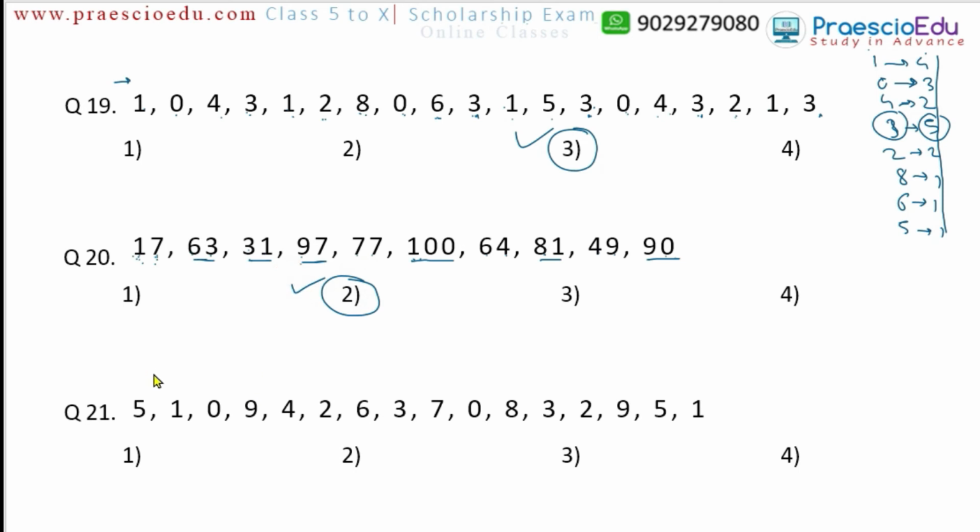Now the question number 21. In the above series, what is the sum of the squares of the numbers 8th from the right end and 5th from the left end? 8th from the right end means 1, 2, 3, 4, 5, 6, 7, 8. So 7 comes, and the square of this 7 is 49. Okay. Then 5th from the left end, 1, 2, 3, 4, 5. So 4 comes, and the square of 4 is 16. Now if we add 16 plus 49, the number comes 65, and 65 is mentioned in option number 4.